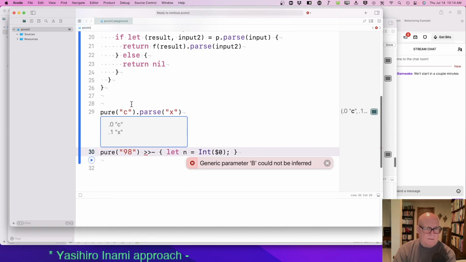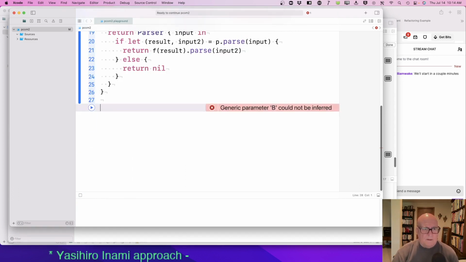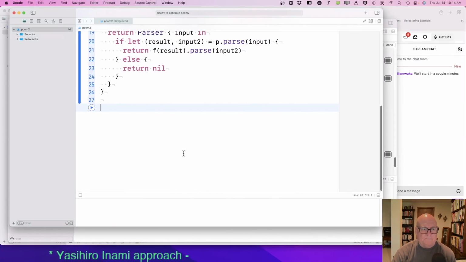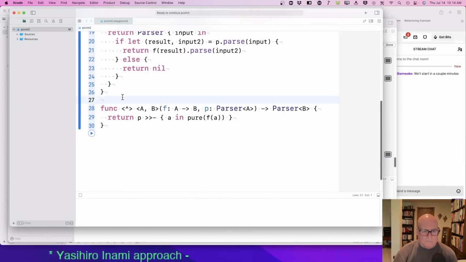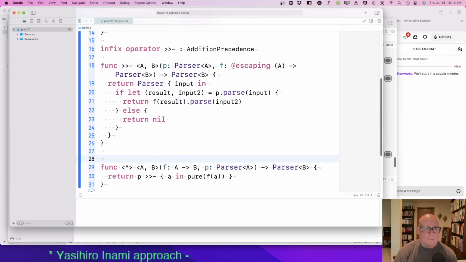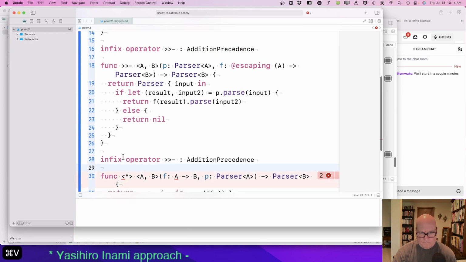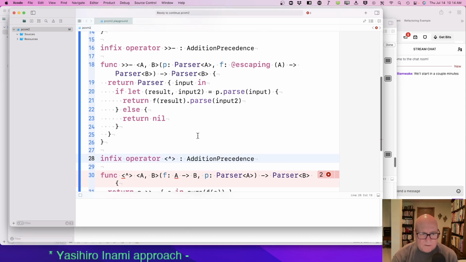Let's defer this one a minute. Okay, but I'm going to have to understand it. I wish I did. Fmap. Condition precedence.